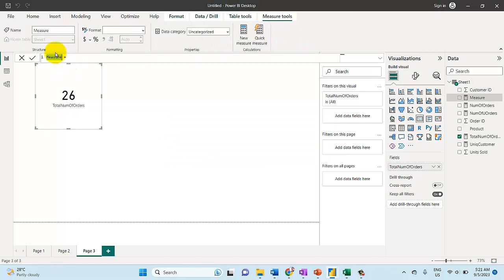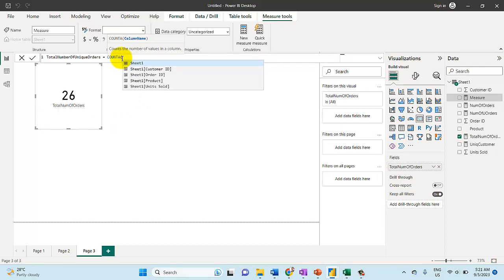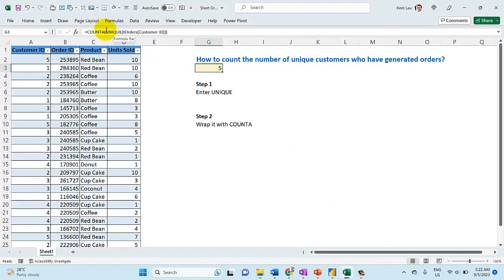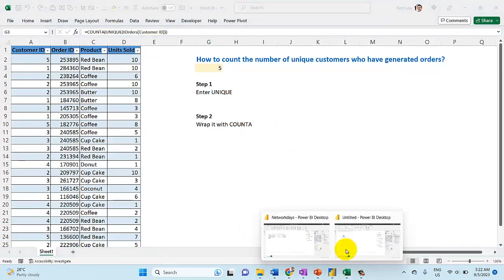So this one is the total number of unique orders. This time, however, we don't just use COUNTA. We want to use what you learned earlier, which in Power BI we call DISTINCT. If you recall, you need to first use the unique values, then we COUNTA,